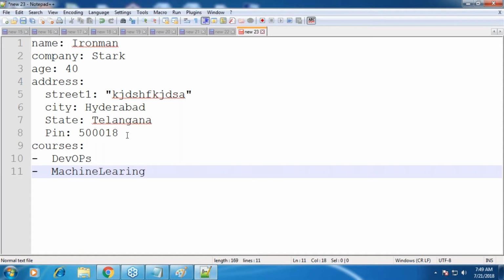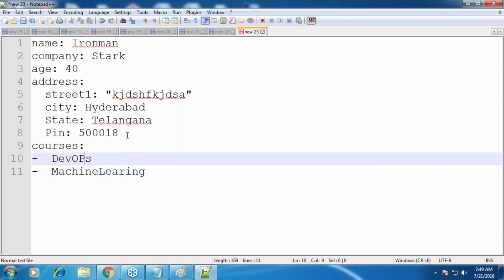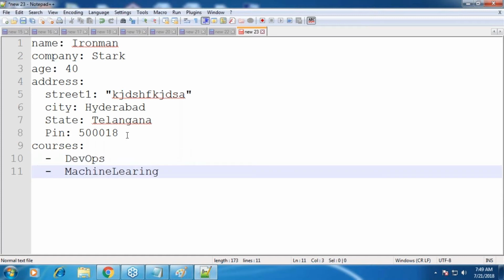and then you would say something like this. Generally, since this looks quite confusing, why did I start the hyphen from here? If you don't want to get into this trap, give two spaces, both are the same. Whenever you are writing an array, whether you start it from the beginning or give two spaces, I would recommend giving two spaces because you will have a common way of writing everything. Whenever anything is a child of something, always start two spaces after the parent. Make sense? Good. So we have written something about Iron Man. Now the problem is I had to write about two Marvel characters. I have written it only about one.